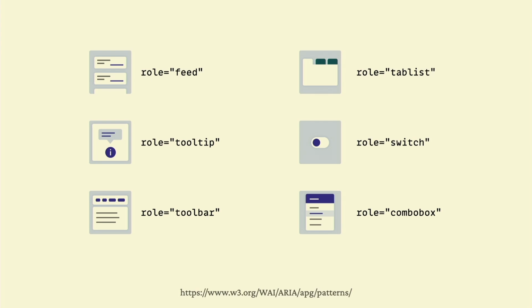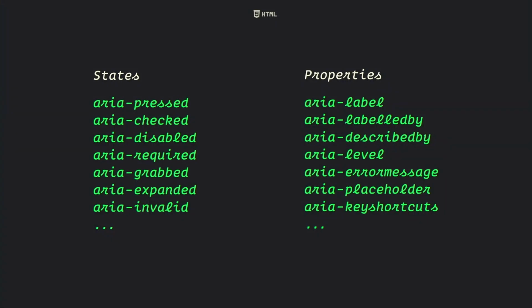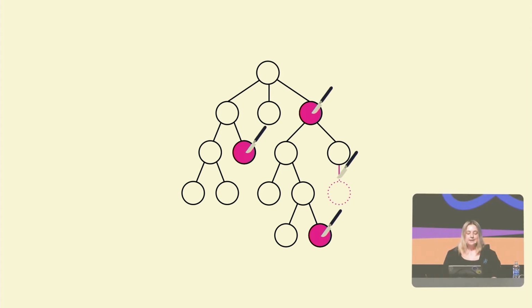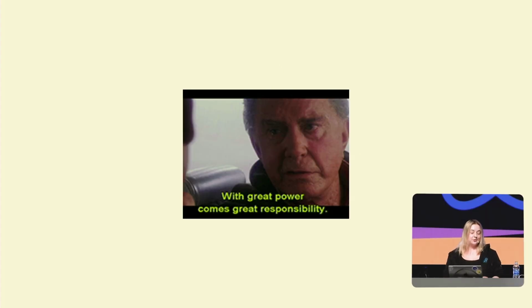Additionally to roles, what we just discussed, there are also a bunch of other ARIA attributes, all prefixed with ARIA-something, that you can use to set state and other properties for elements in the accessibility tree. In a way, using ARIA is like performing precision surgery on top of the accessibility tree. It gives us as developers a lot of power, but well, with great power often comes great responsibility, and research